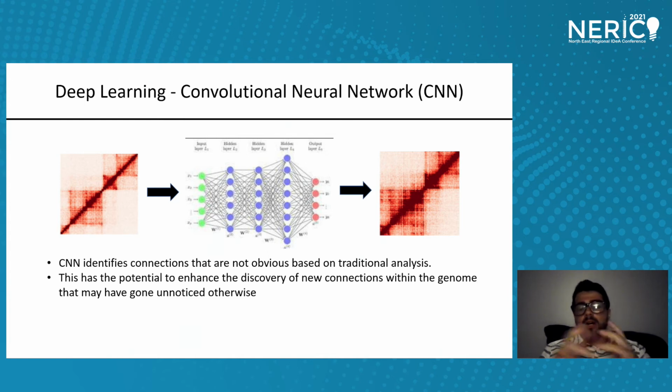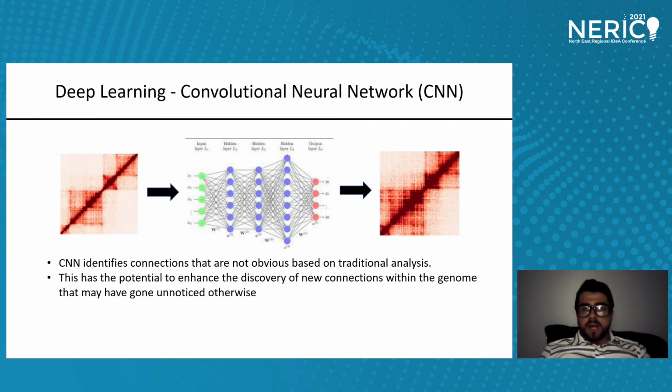In addition to the data pipeline, we are going to program the pipeline to output these kinds of images shown all the way to the left to see which genes are close to each other visually. Next, we will input these images into our deep learning model, our convolutional neural network, or CNN for short, that we believe will have the potential to explore different connections that we could have not seen in the conventional 4C